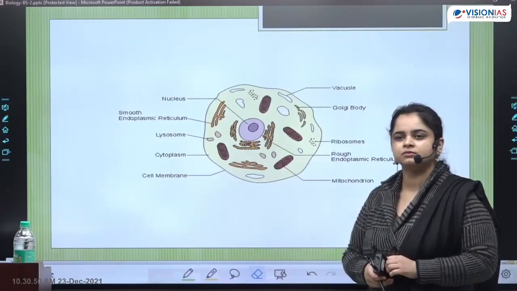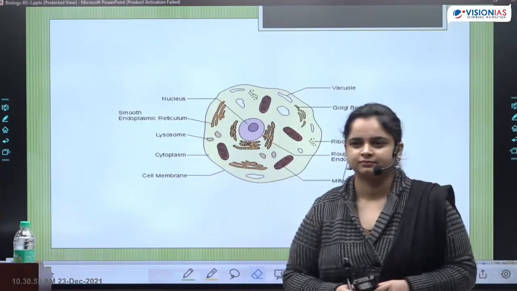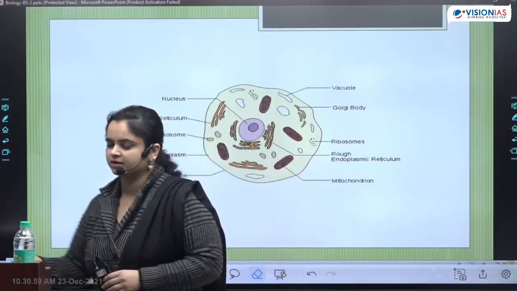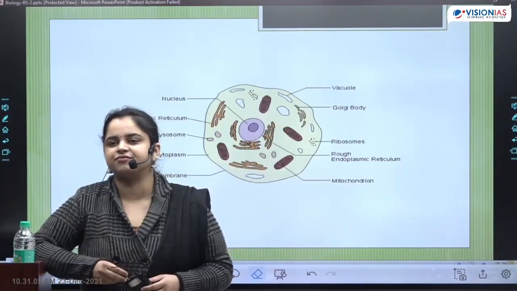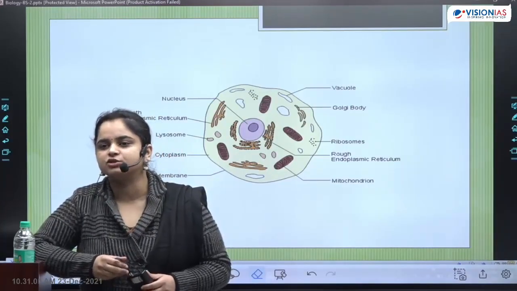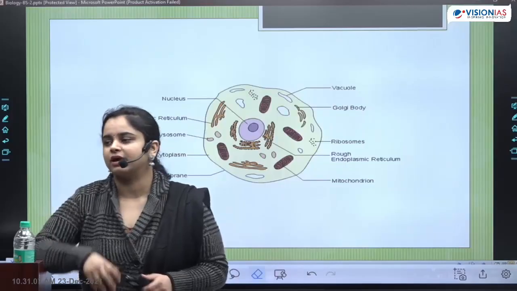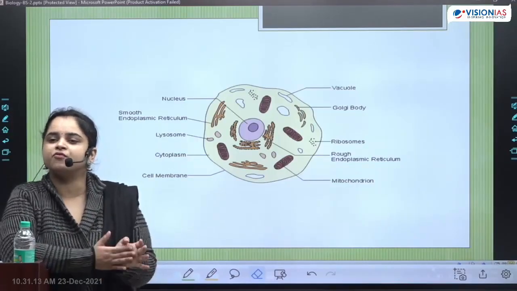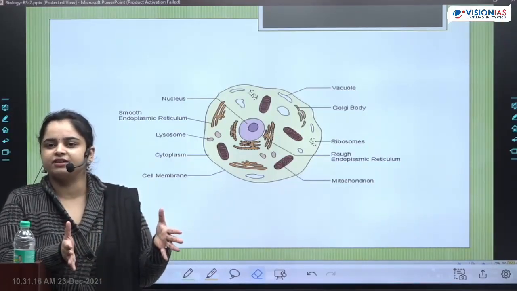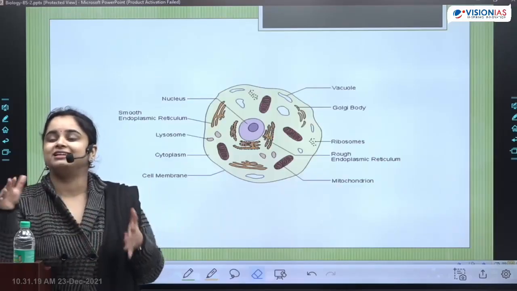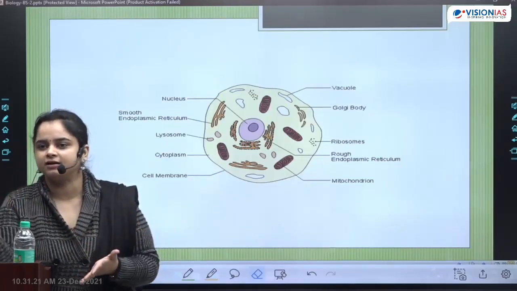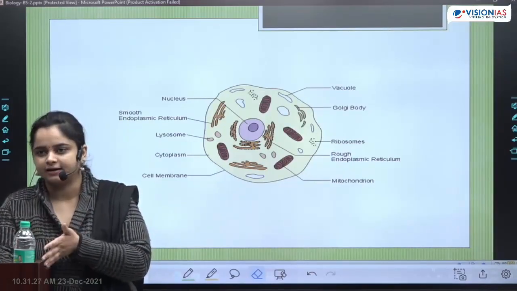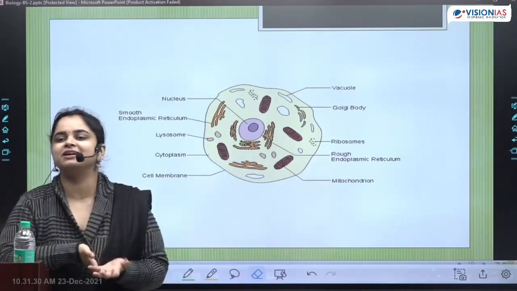Okay, so he's asking what is the lifetime of a particular cell. So lifetime of different cells is different, right? There's no standard answer as to what is going to be the lifetime of the cell. What I can just tell you is that it is fixed and it is predetermined. There is a mechanism for identifying everything: when a cell will be born, how many times it will replicate, how many copies there would be, when it stops multiplying and when it dies. All of this is fixed, but it will be different for different cells.